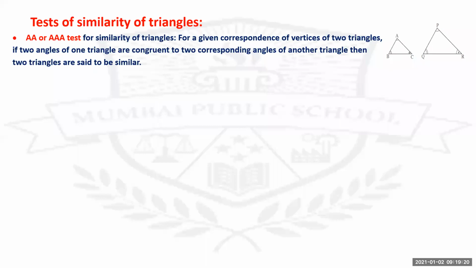This is the figure for that, triangle ABC and triangle PQR. Check this test. We use this approximately 90% of the time to show the similarity of the triangles. Very important test. Check, one angle is always common, and for the other angle you have to find by which property it is congruent. Understand? So this test is very important to show the similarity of triangles. When one angle is given, you can easily get the other pair of angles. So always have a look at this test.